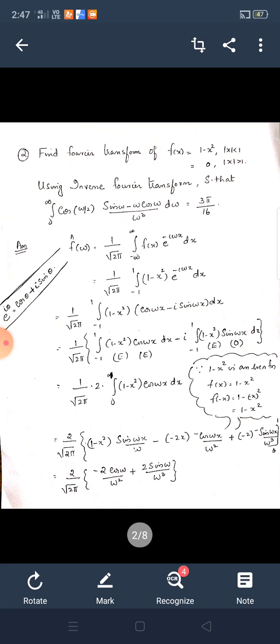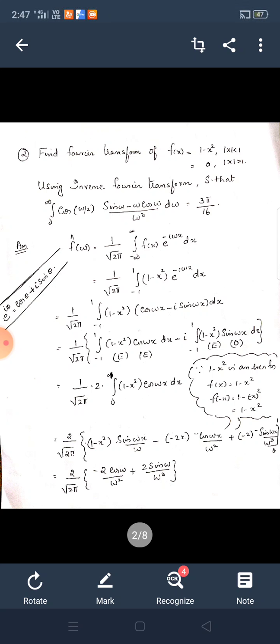So (1 − x²) into cos, integral sin ωx by ω, minus integral of the first part's derivative, that is −2x, into integral of the second part, that is −cos ωx by ω², plus again integrate, again differentiate −2x to become −2 into integral of the second part, that is −sin ωx by ω³, over the limit 0